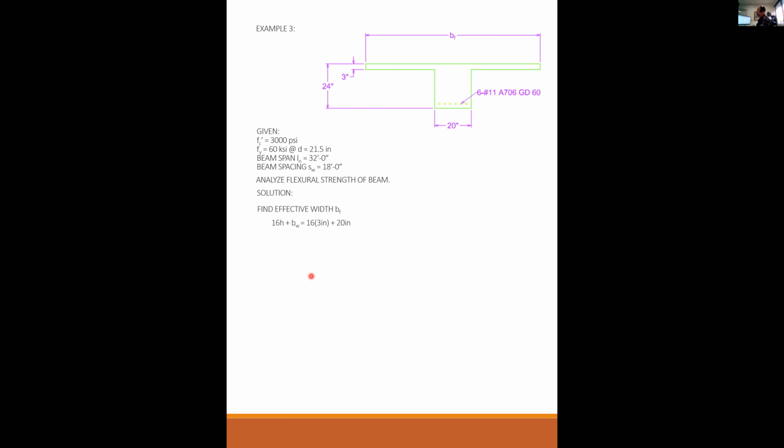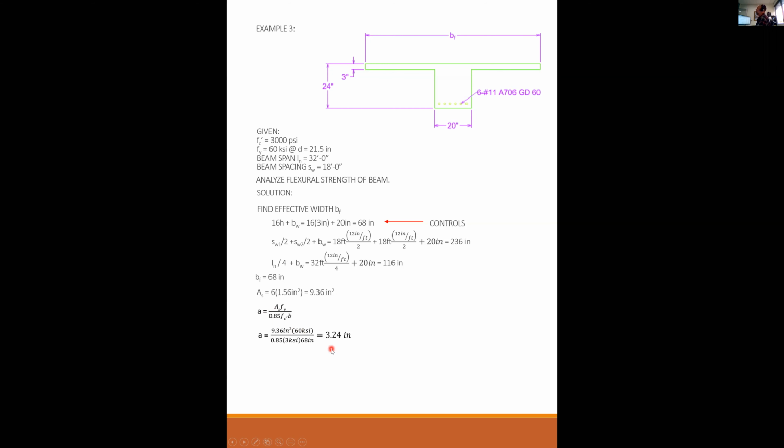Solution. Again, we have to find the effective width, but this time it's different. We can't just use the same numbers because h is only 3 now instead of 6. So it is either 68 or it is 236 or it is 116. This time the 68 will control. So my effective width this time is only 68 inches. My area of steel is 6 times 1.56 inches squared. That's 9.36 inches squared. So little a, As fy over 0.85 f prime c b,